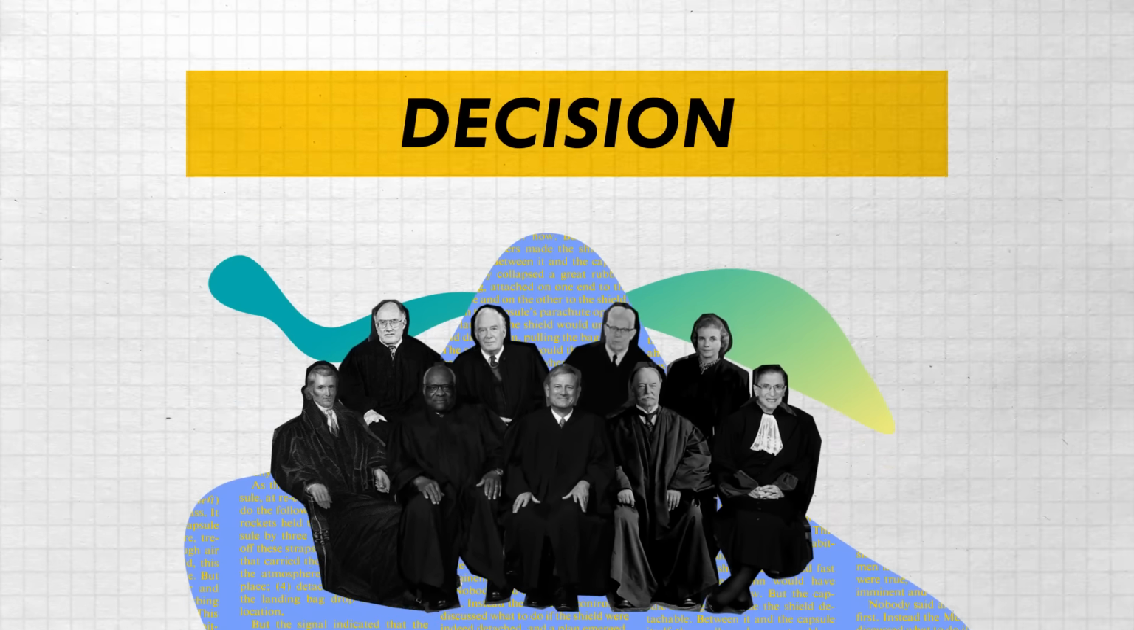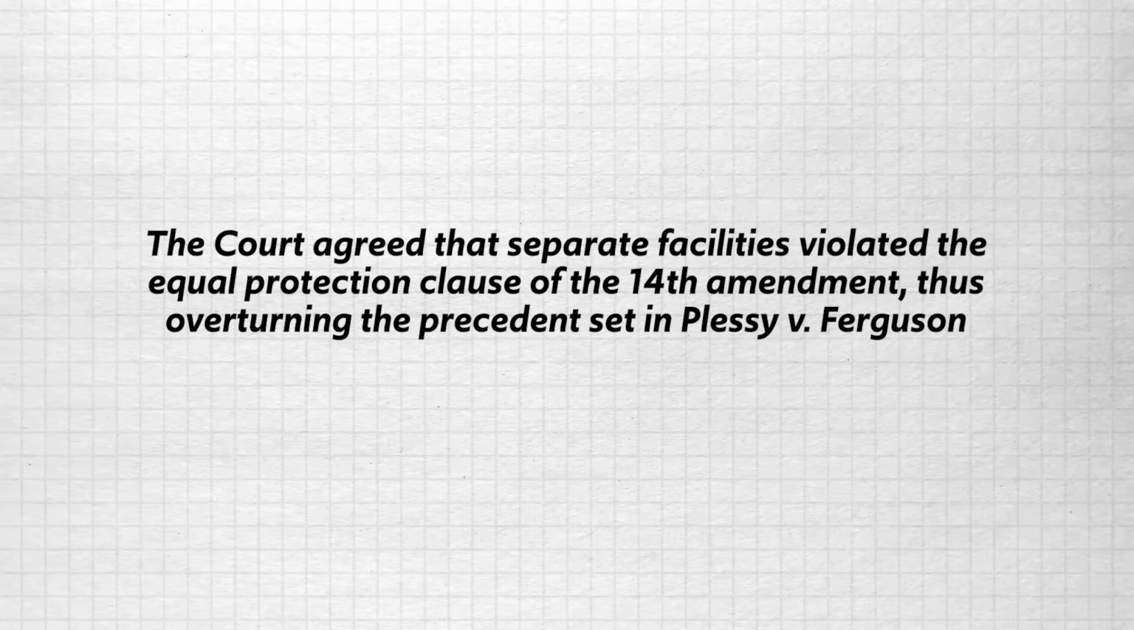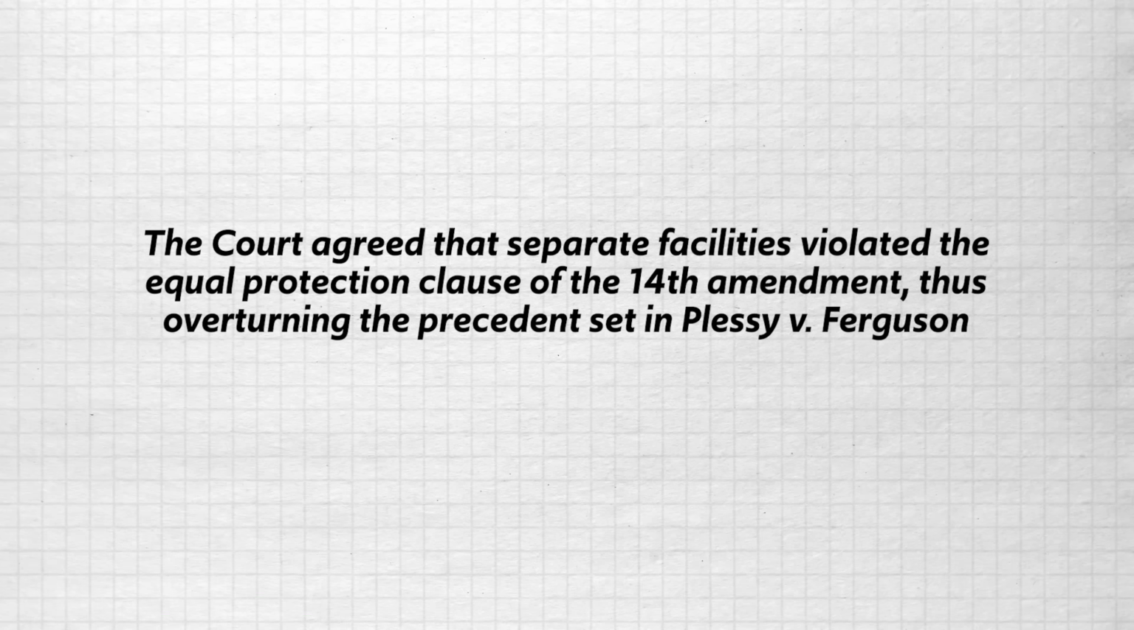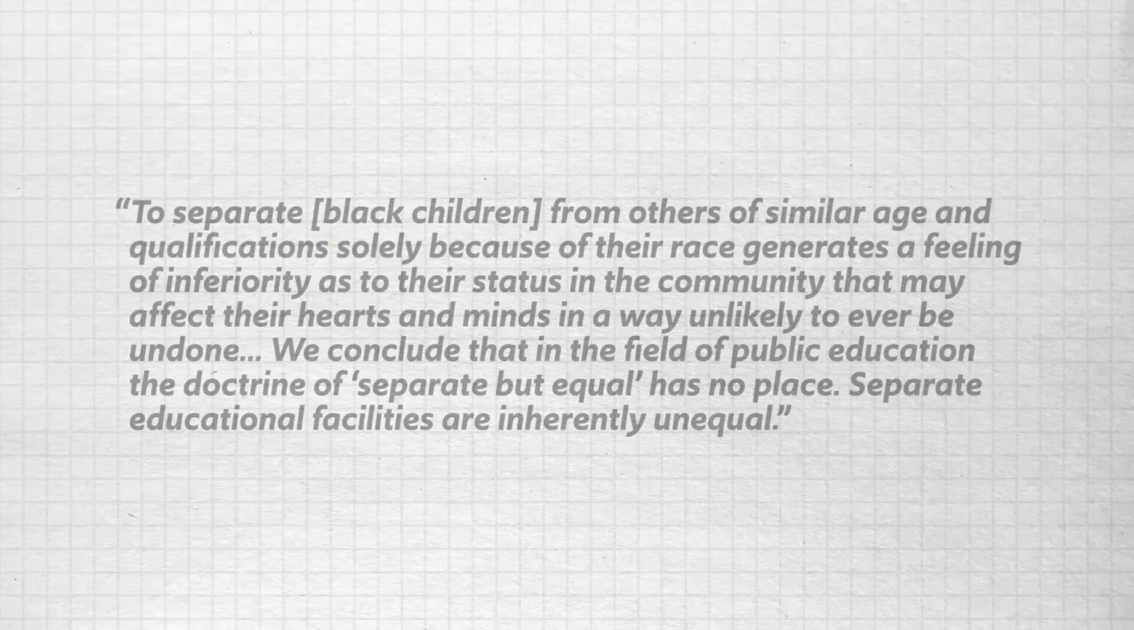So in light of that, what was the decision? Well, as I've told you in other videos, it is a rare thing for the Supreme Court to overturn existing precedent, but in this case, by unanimous decision, that is exactly what they did. The court agreed that separate facilities violated the Equal Protection Clause of the 14th Amendment, thus overturning the precedent set in Plessy v. Ferguson. In his written opinion, Chief Justice Earl Warren said this: